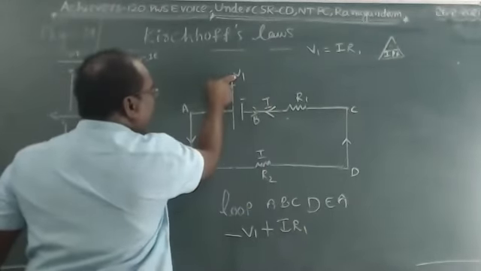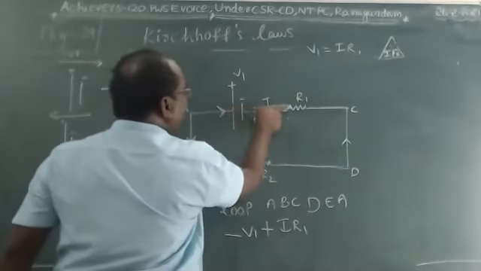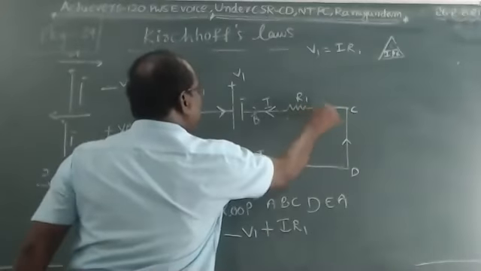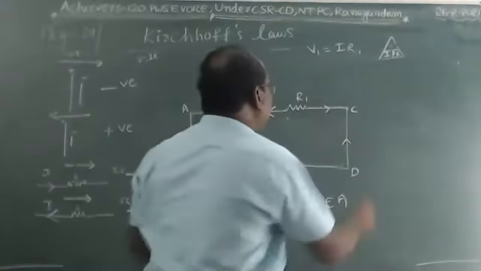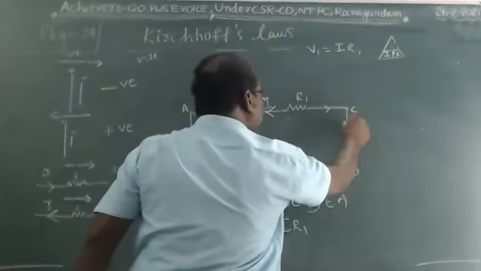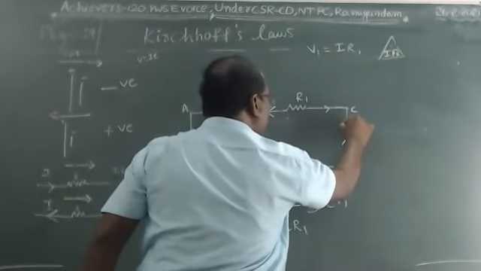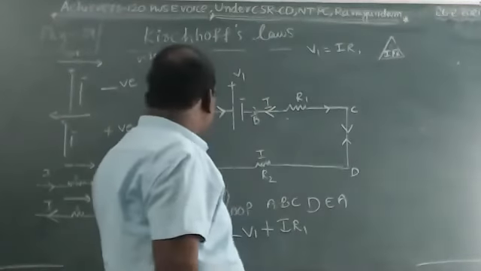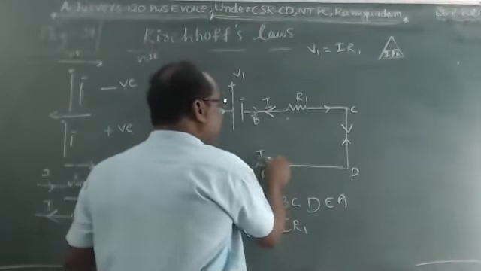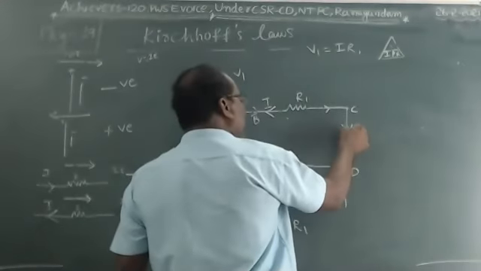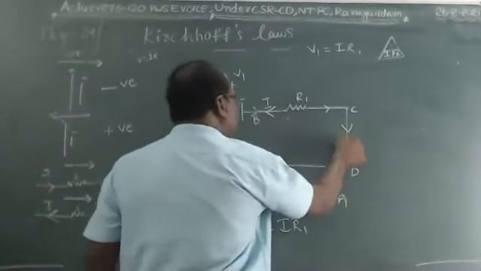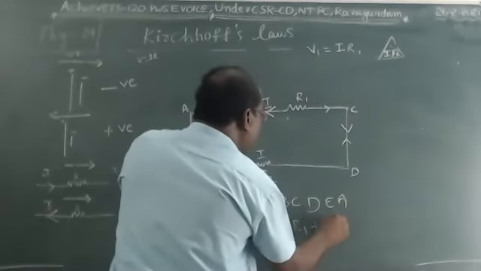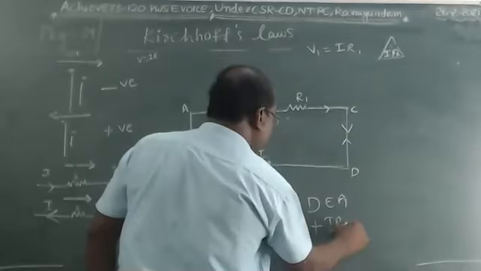Here the potential difference is across all these components, across the current and the resistor, and it is moving in this direction. I can see, children, here the potential difference is moving in this direction, and in between the current is there. This is the current direction. The current direction and potential difference direction are opposite to each other. That's why these values are taken as positive. IR2.